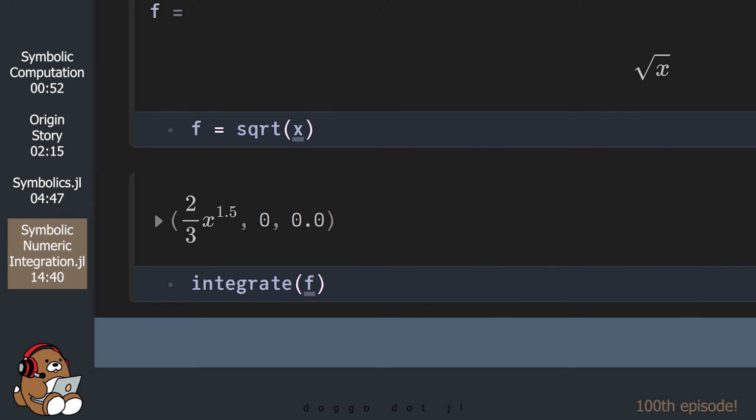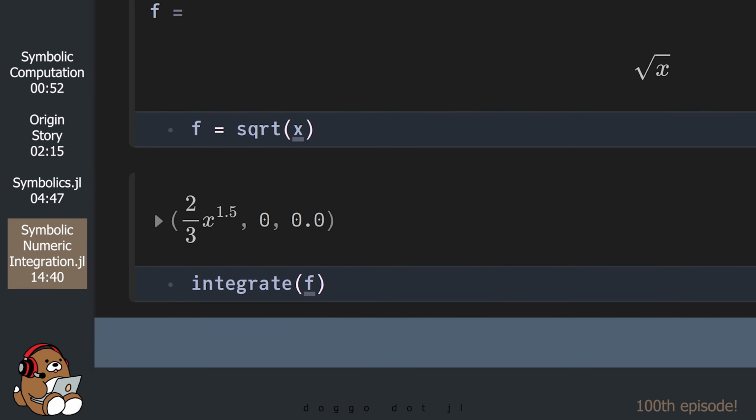As we saw in the previous notebook, we can plug in numbers into the symbolic expression by using the substitute function along with a dictionary containing the number. But the symbolics.jl package provides you with another way to interact with these symbolic expressions.